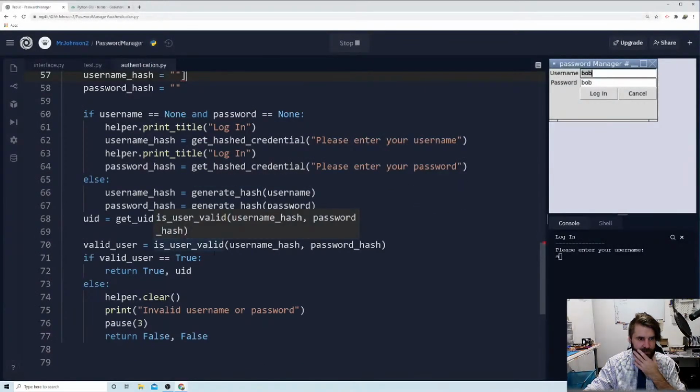So valid user equals is valid user, username hash password. So that will check whether it's a valid user. We don't need to do anything there. It will return that. Otherwise, it will return false and false, and it will print this out to the console. Only though,